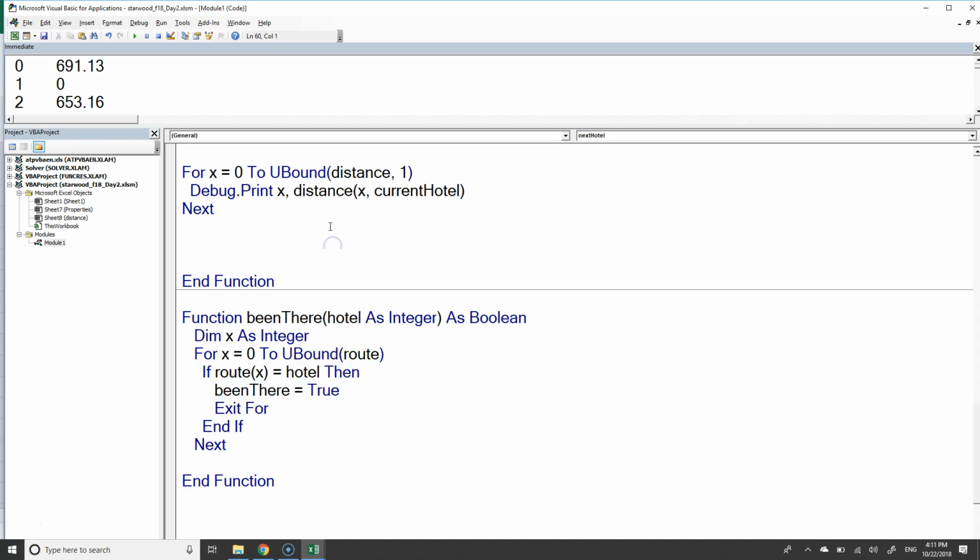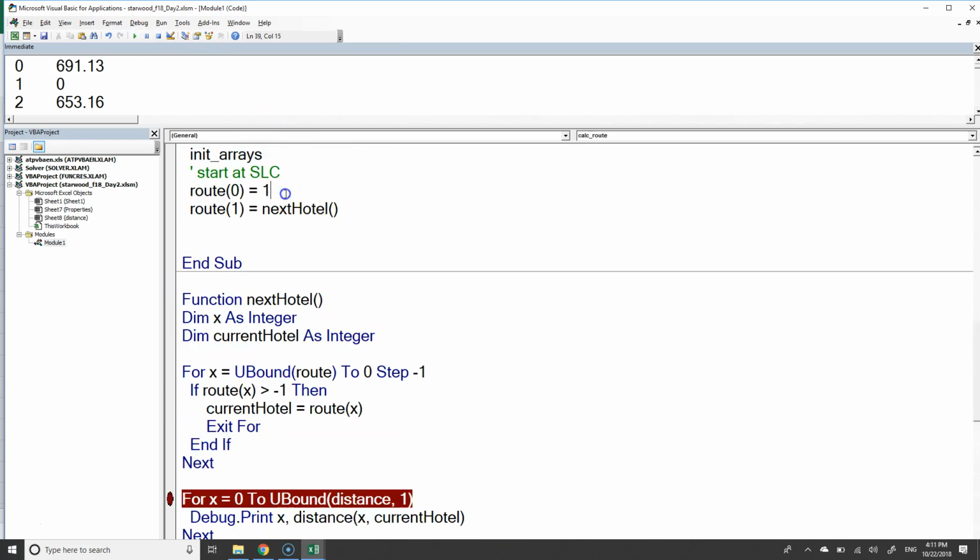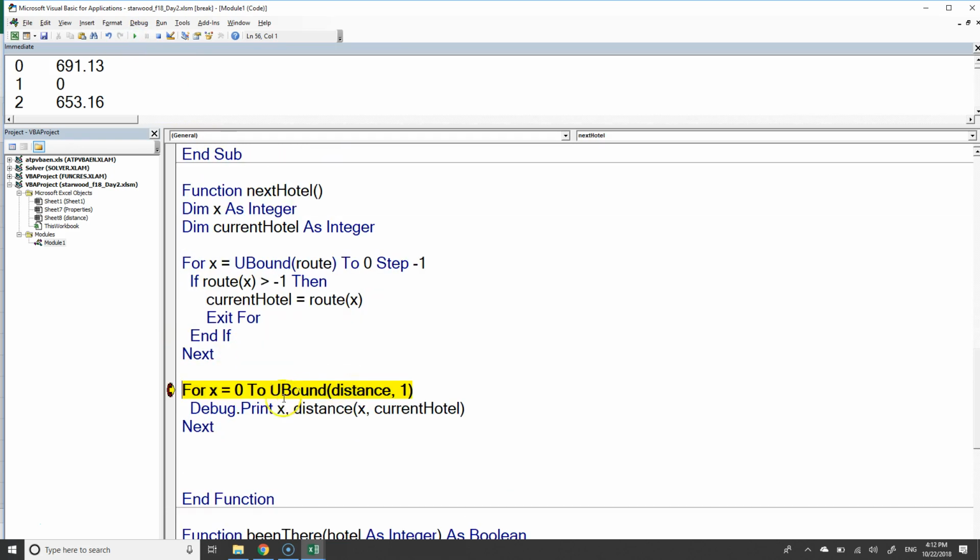So you know what I'm going to do? I'm going to put a breakpoint right up here, at our next hotel. I'll put a breakpoint before we get to this, and I want to run the code. Oh, I want to run not next hotel, I want to run calc route. Okay. At this point, I should be able to ask been there. So let me come to my immediate window. Been there 1 should return true. Should find it. Been there 2